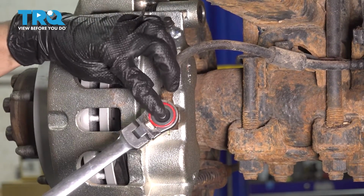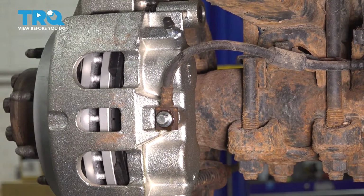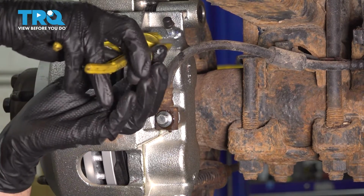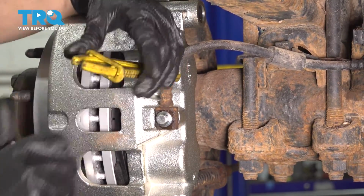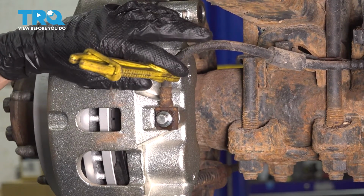With an 11mm socket, remove the banjo bolt off of the brake hose and off the caliper. Brake fluid will start flowing here, so because this is the old brake hose, I'm now going to use some special pliers that clamp down on the brake hose. If you don't have these, you could use some locking pliers. This will just restrict the flow of brake fluid while we work, and will basically prevent that master cylinder from drying up. Now, I would not recommend doing this to the new brake hose,